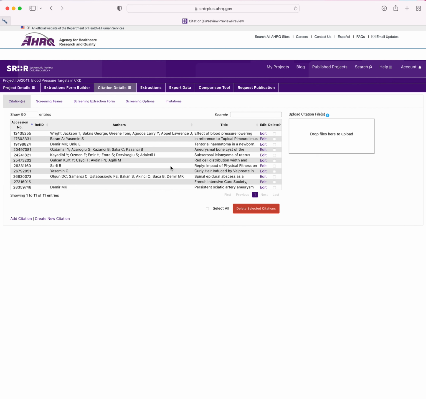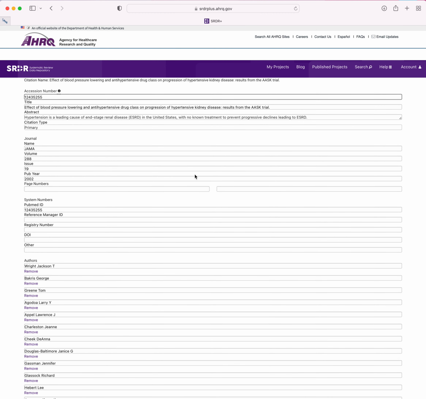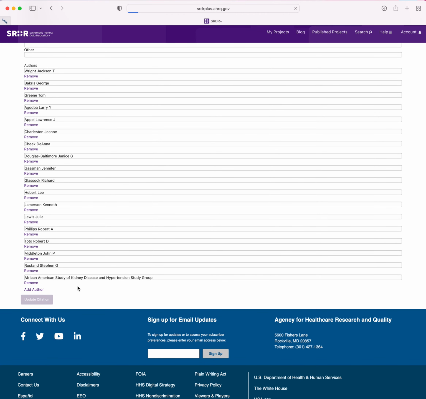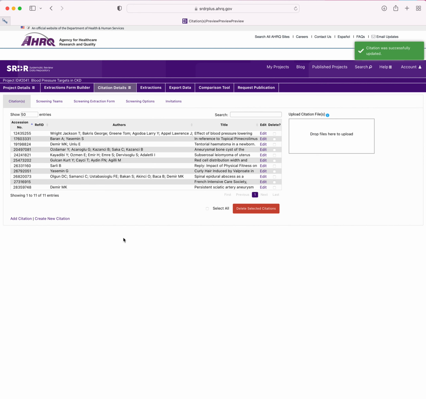That brings us to the final section of this video, managing the citations that have been added to your citations page. Among your management options is the ability to edit or remove citations. To edit a citation, simply click the Edit link located to the right of the citation itself. And then, after having made your edits, click the Update Citation button at the bottom of the Edits page. To remove one or more citations from your citations page, click the checkbox to the far right of each citation you want to remove, and then click the Delete Selected Citations button.